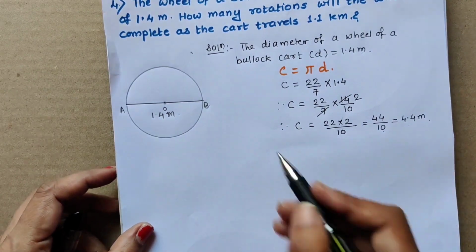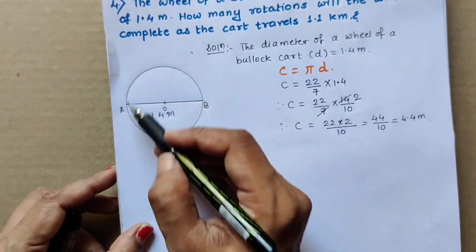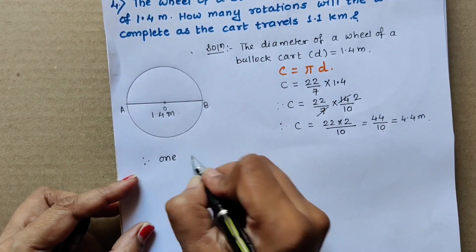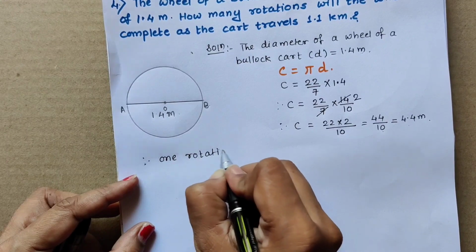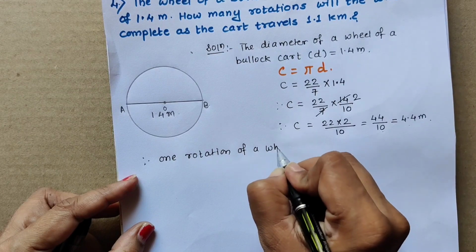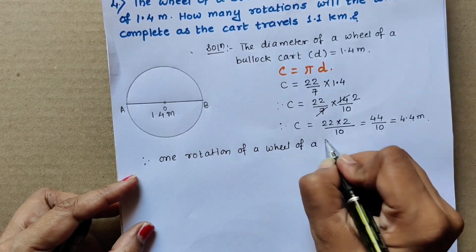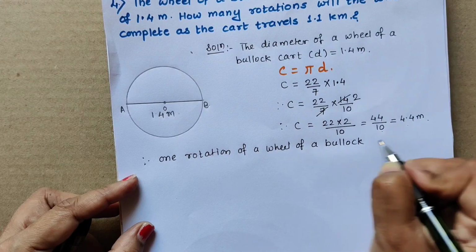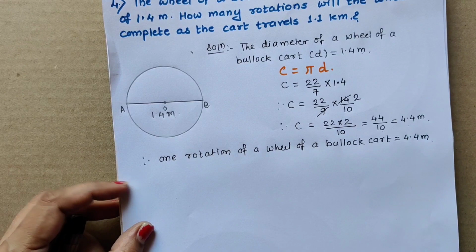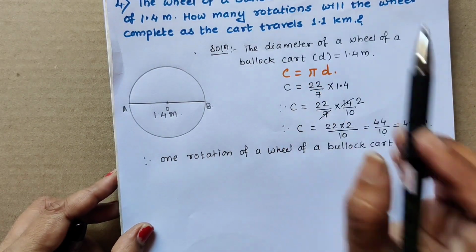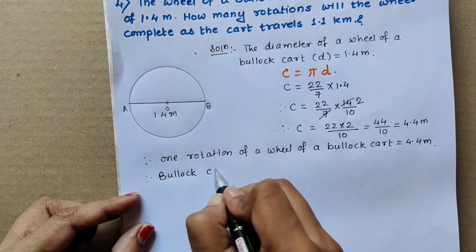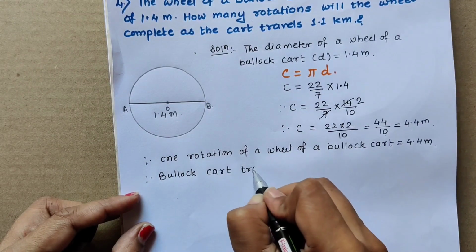Now circumference means this one rotation of this bullock cart wheel. Therefore one rotation of a wheel of a bullock cart is equal to 4.4 meter, correct. Now the bullock cart travels 1.1 kilometer. So I am going to write here: bullock cart travels